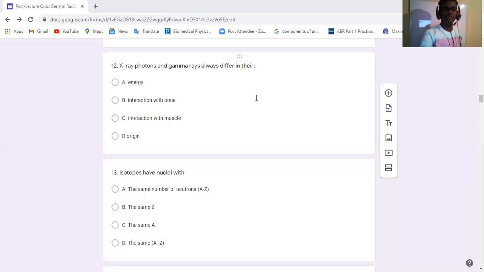A can also be an answer, but not the best, because gamma rays are much more energetic than X-ray photons, as a result of the transition between the nuclear subshells, which have much more energy. The nuclear force binding them is characterized by strong force, one of the fundamental forces in nature. So the transition between, like we have an electronic transition from one shell to another, giving up a characteristic X-ray.